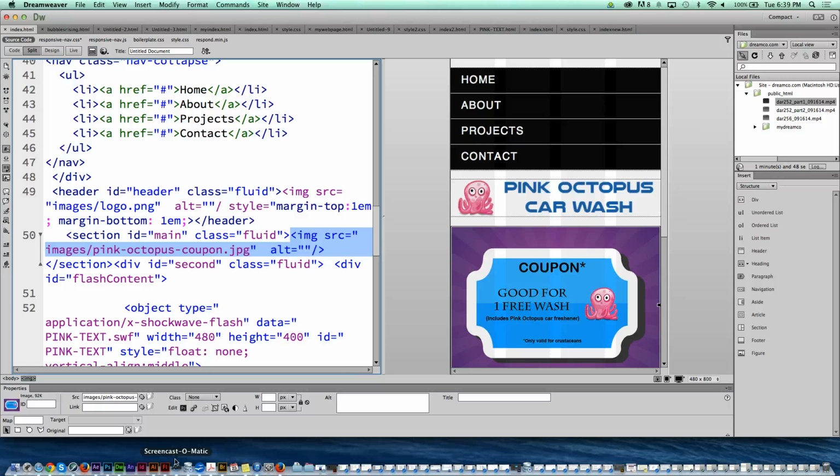Okay, so what we know that you need to do, like that sample I showed you of the burger site, is replace the logo with a miniaturized version of yours. We need you to change these links here. They don't have to go to anything right now, but you need to change them so that they're more appropriate for your site, whatever it is. We need you to change this graphic here and make something that's more appropriate for your site. And then we need you to put in a copyright at the bottom.